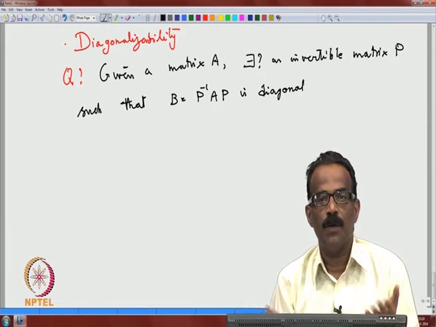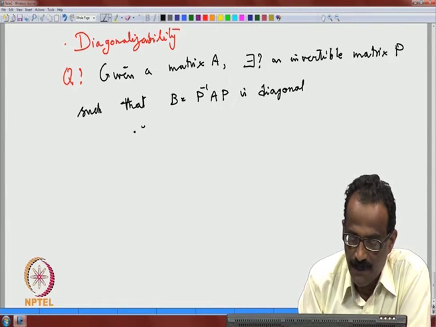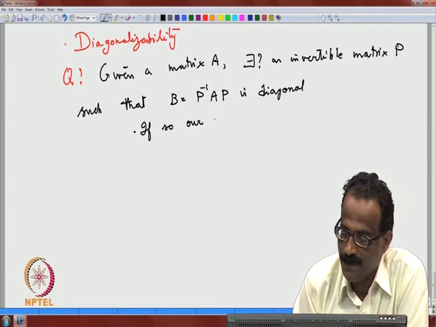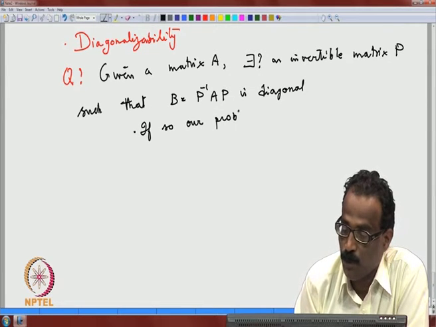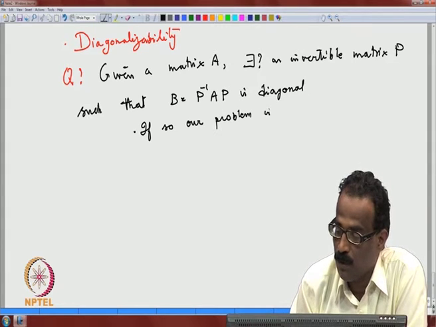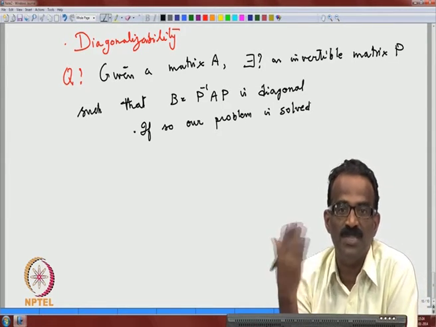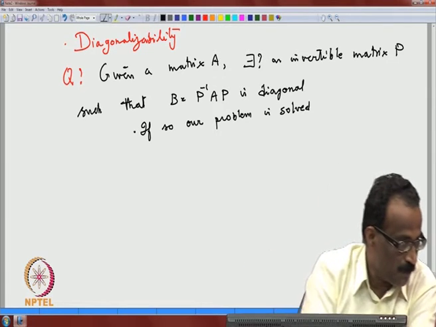If so, our problem is solved. Our computational problem is solved, because now the computation of e power B is easy, since B is diagonal. But unfortunately,